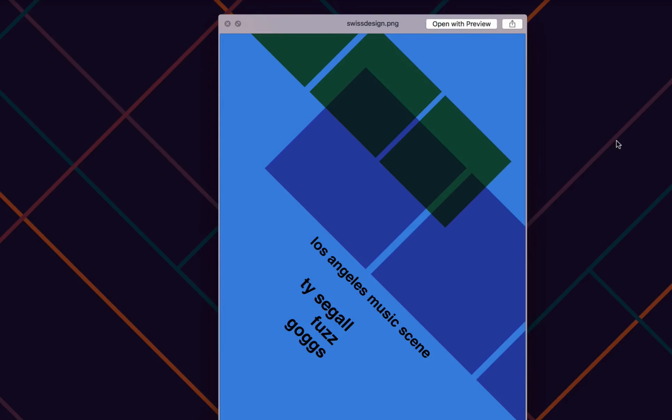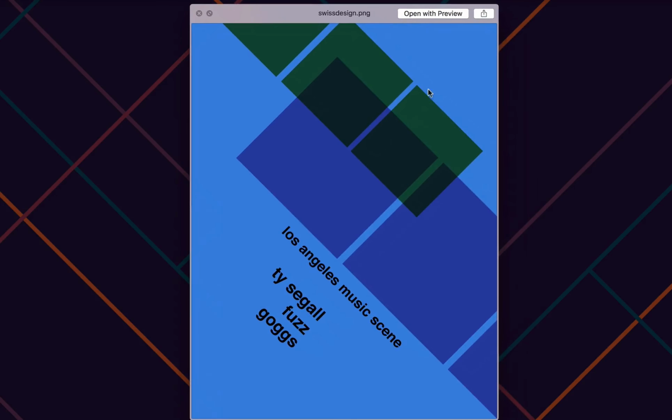On Behance, you can put them up there and start making a series of them, because once you do one, you can do an offshoot of them and change colors around and see what else you can come up with. All right. So that has been our tutorial on creating a Swiss design poster following the Müller-Brockmann style,